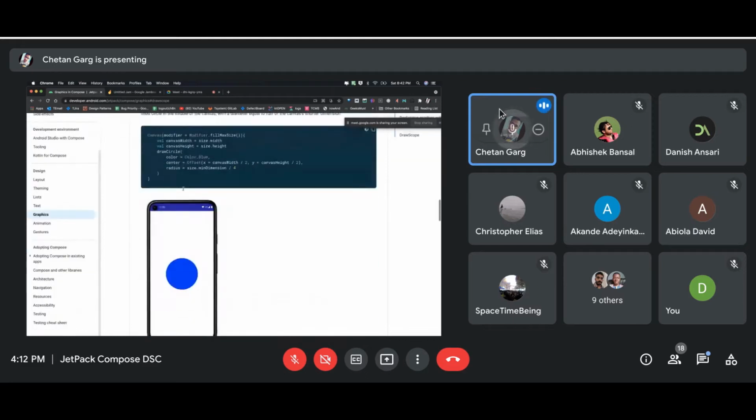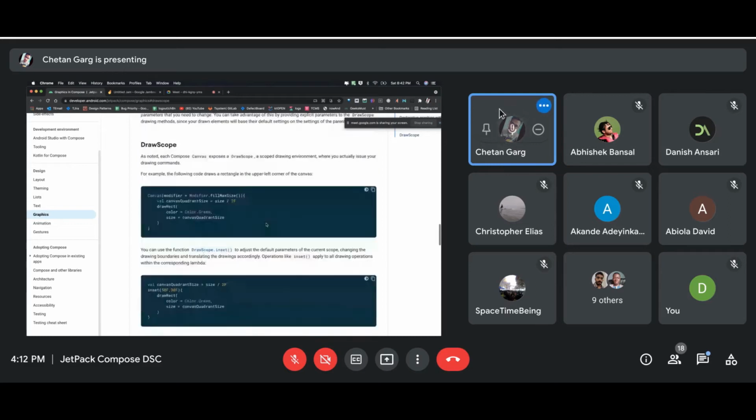Similarly, we have very easy functions to draw to our canvas. If you want to draw a circle, the important thing is the radius, right? So just put a radius and then tell at what position you want to draw it. We use the offset, with x and y, the value where we want to draw it, we just pass it to it.